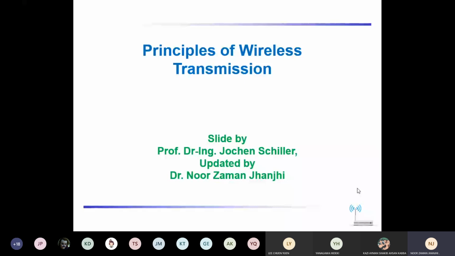The title for this is the principles of wireless transmission, and your module is wireless network security. The first word for your module is wireless, second is network, and third is security. We are concerned about the security. Which security? Network security. For what? For wireless networks. How does a wireless network work, what medium will it use? It will only use the wireless medium, not the wire medium.